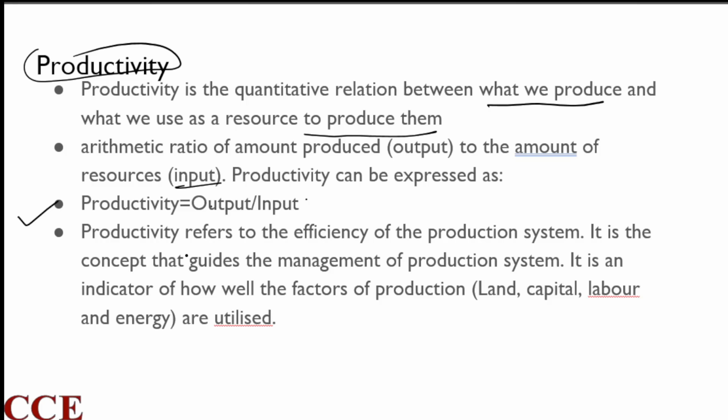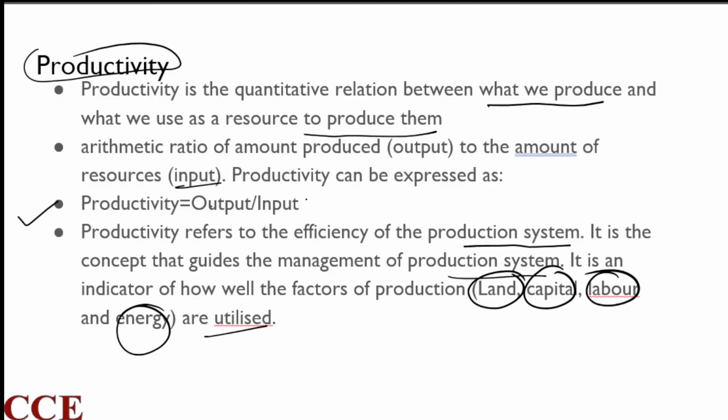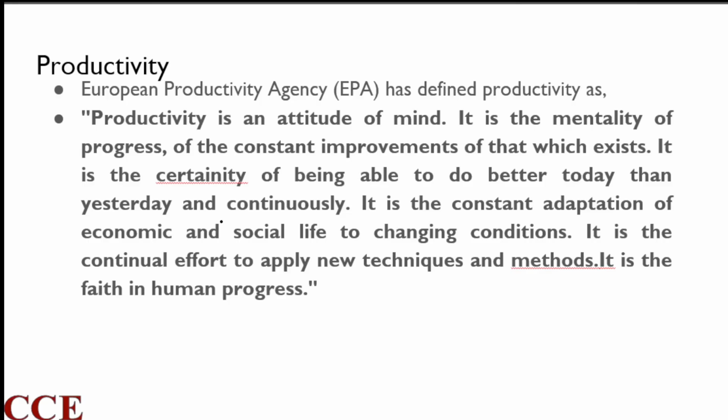Now productivity refers to the efficiency of the production system. This concept guides the management of the production system. It is an indicator of how well the factors of production, that is land, labor, capital, energy, are utilized in the organization. As per the European Productivity Agency, EPA, the definition of productivity is: